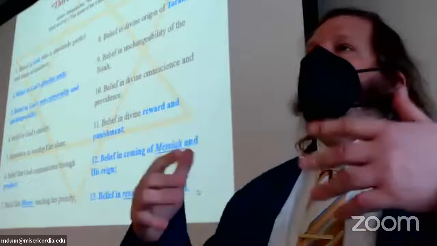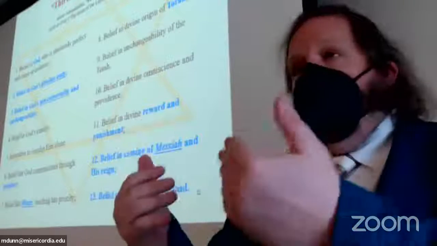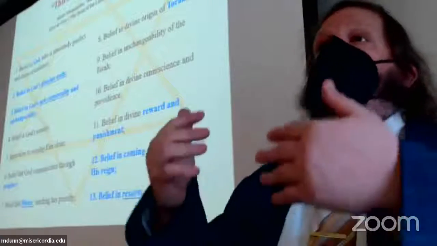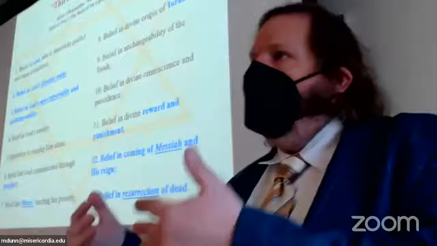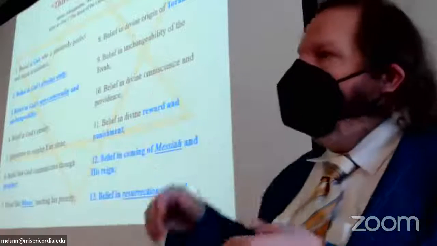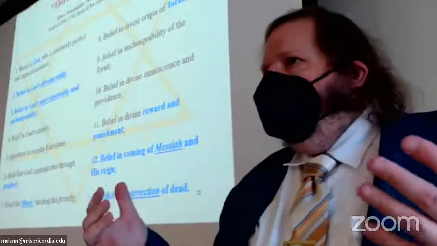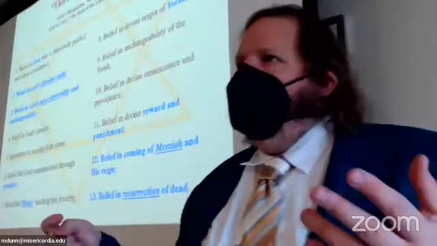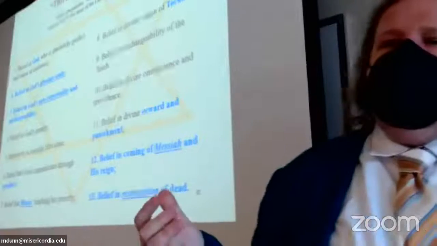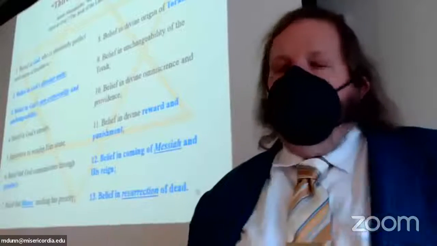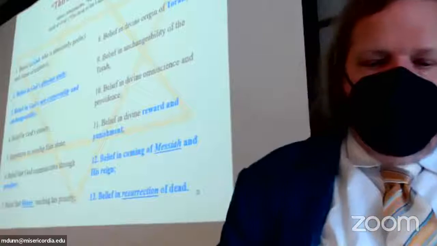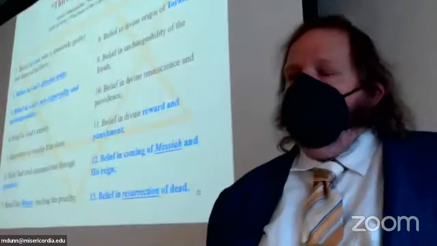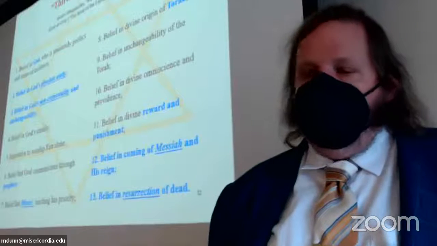And their point of view was, no, every command, and there are hundreds of them in the Torah, each and every one has come from God. Each and every one in and of itself constitutes a, quote unquote, principle of faith. You can't just reduce them to 13 and say basically that's it. Which is not exactly what Maimonides was trying to get at, but you can maybe understand why there was a reaction against it during his own lifetime, saying, no, you can't do this. Everything must be taken together as a whole. You can't summarize the Jewish faith in that way.